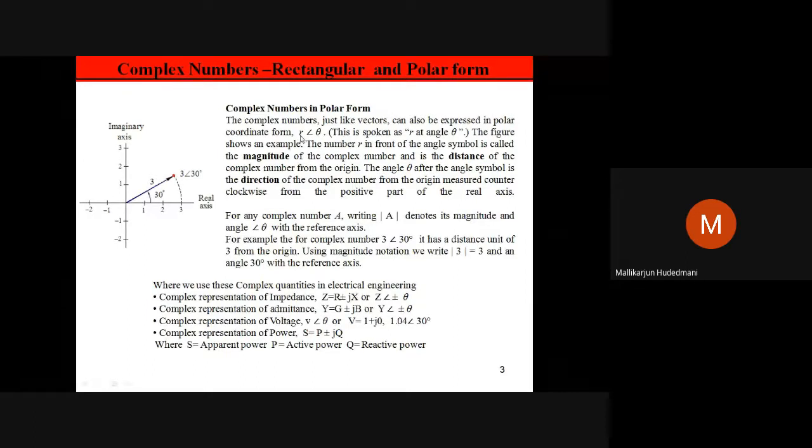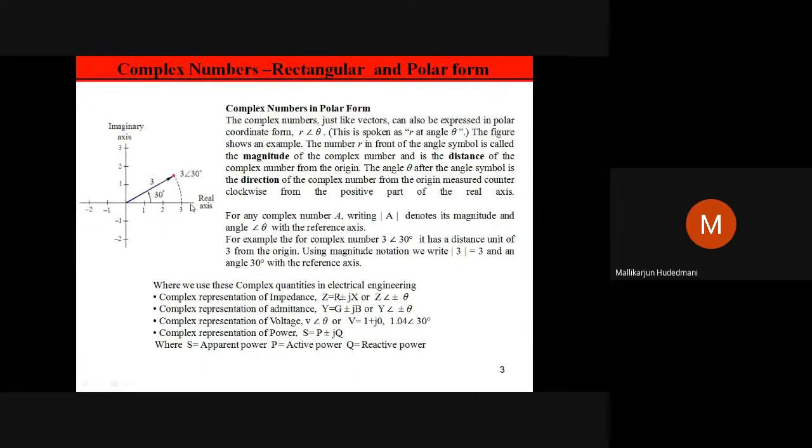If it is minus, what should you do? Keep that minus outside a bracket. Inside the bracket, r angle theta should be mentioned. So what I want to tell you is, in a polar form, magnitude is always an absolute value. It does not have any minus. Angle may be plus or minus because it is an incremental angle from the real axis.